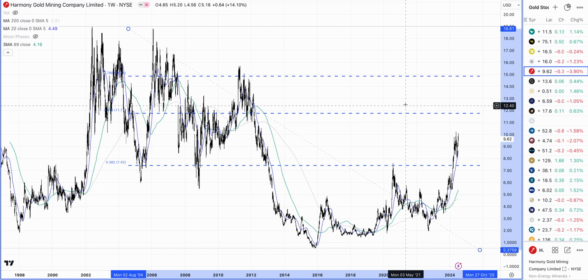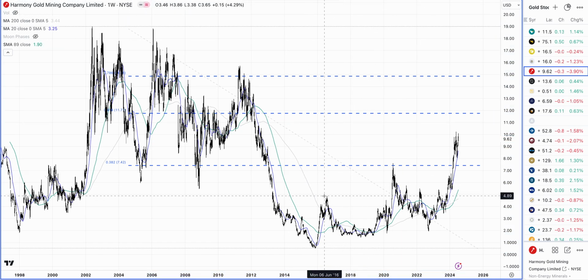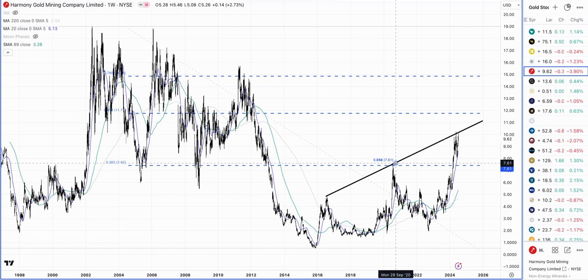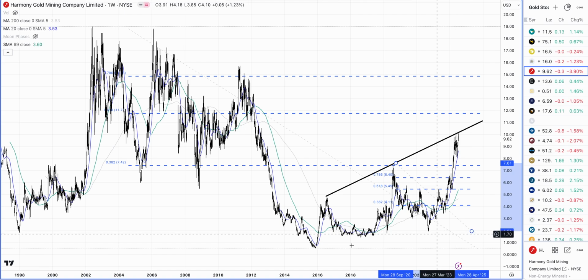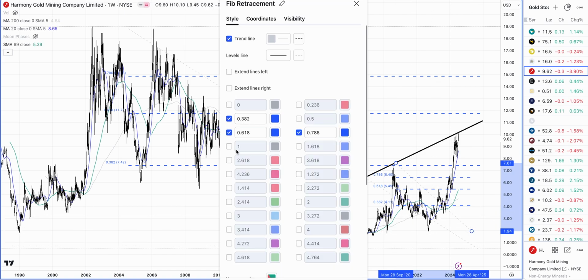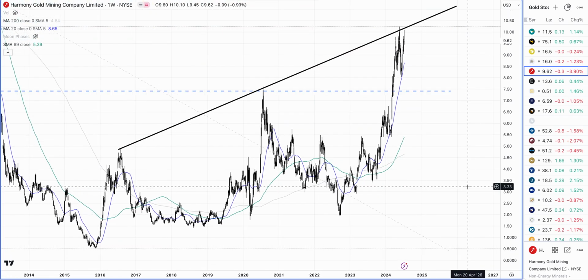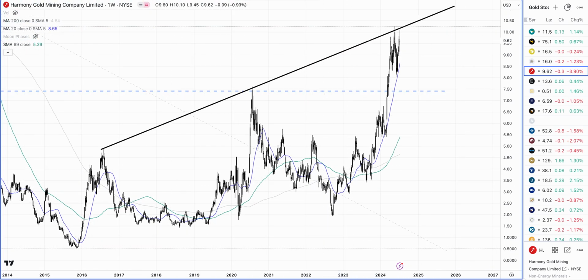So it looks like it wants to go and target this 61.8% retracement, but I also see that there could be some sort of a channel like this, and it could be a resistance in the sense that the top of the channel, more like a wedge, the top of the wedge, so we can see some pullback. Yeah, I don't see too much symmetry in here, so I'm going to delete that. So just look at this trend line. There is a possibility it could actually pull back from these levels, because it's testing the top of this wedge. I can draw a wedge like this.